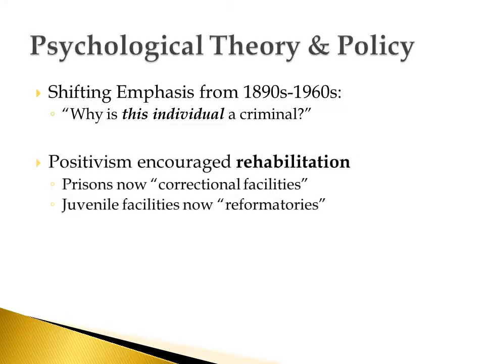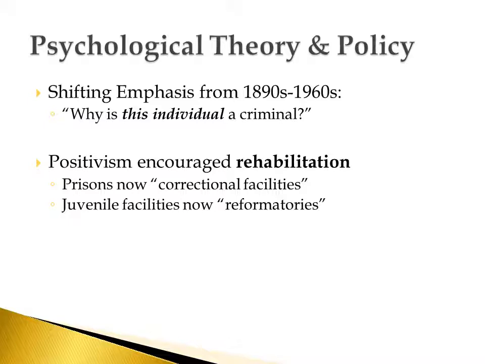The emphasis shifted away from what is it about a person's neighborhood that makes them criminal to why is this individual a criminal? So psychological theories of crime really aren't as interested in understanding a person's social or environmental background. They're much more interested in studying individual psychological traits of individual people. And because of this focus on individuals and individuals' ability to change, what came out of psychological theory in terms of how we can link it to policy is this era